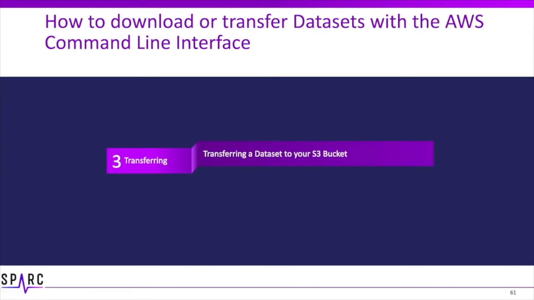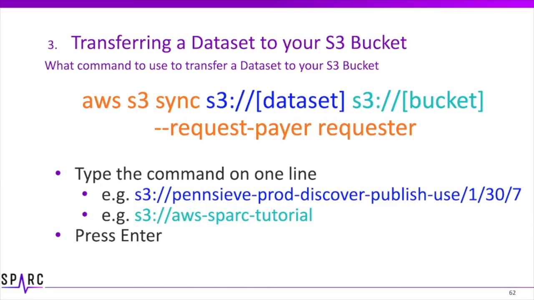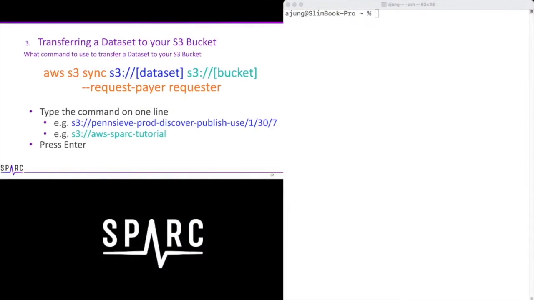In this third step, we will see how to transfer a dataset to your own S3 bucket. As with the last example, you want to open the terminal and type in the following command: aws s3 sync for synchronize, the S3 URL from the dataset, the AWS address of your S3 bucket. In this example, I'm using my own